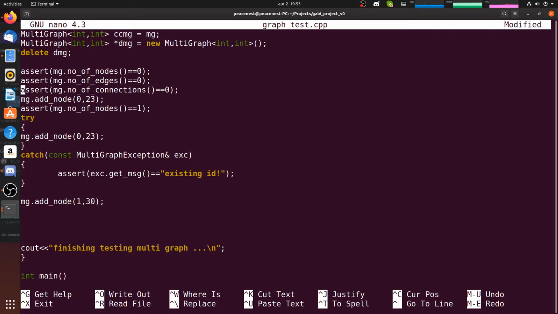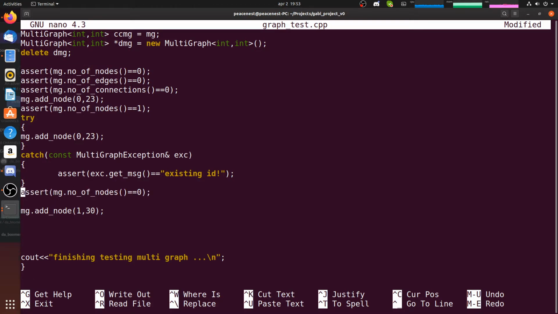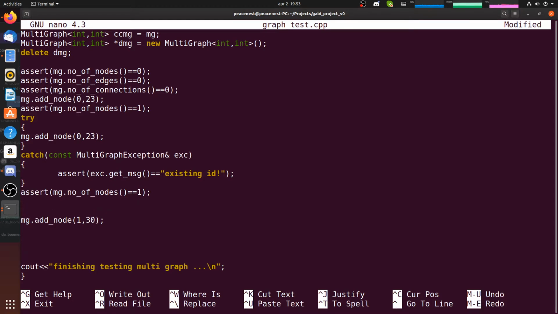Okay, so first I need to check that the number of nodes is 1 now. And also I need to use the function that gets me the information of a node based on its ID. So now I'm gonna do this. It's an int, I'm not gonna use a const. Okay, int info equals